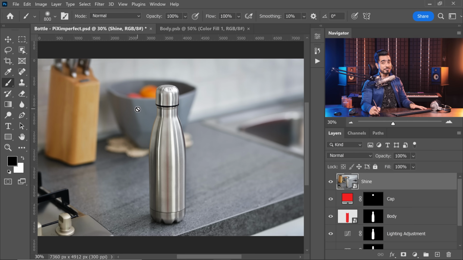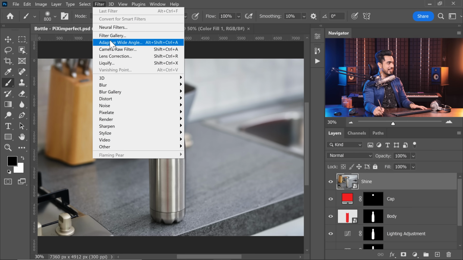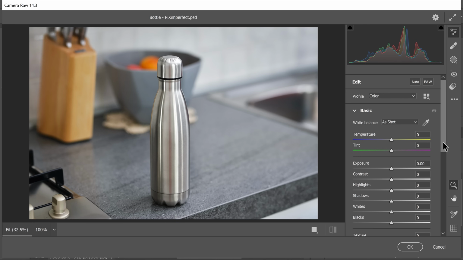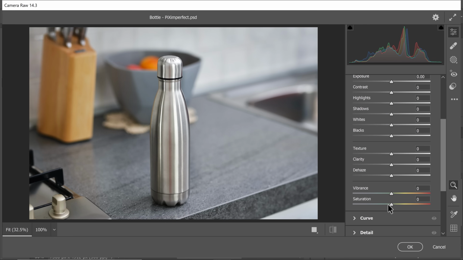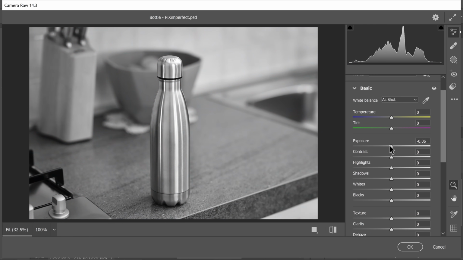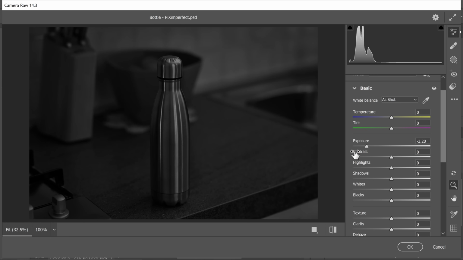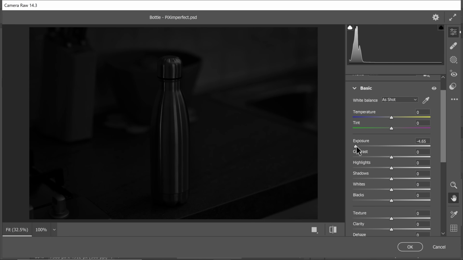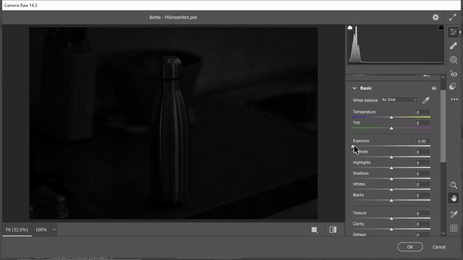We will take the help of Camera Raw. Let's go to Filter and then Camera Raw Filter. First of all, let us take the saturation all the way to the left-hand side. We could also have desaturated it, and now simply decrease the exposure. There you go. We just want the bright shine elements. Don't take it way too far. That way we won't have any details in the dark areas, and any black design you add, especially in the dark areas, is going to go absolutely black. So let's keep it at about